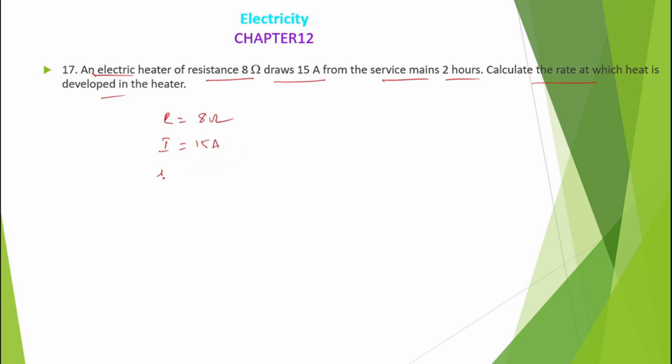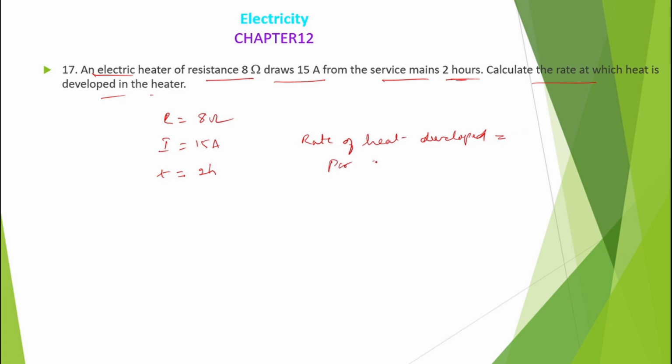And T he has given, T is equal to 2 hour. Calculate the rate at which the heat is developed in the heater for 2 hours. So that means you have to write rate of heat developed is equal to